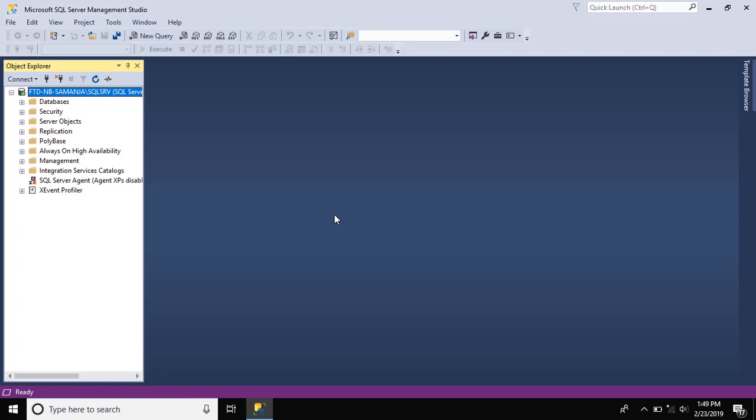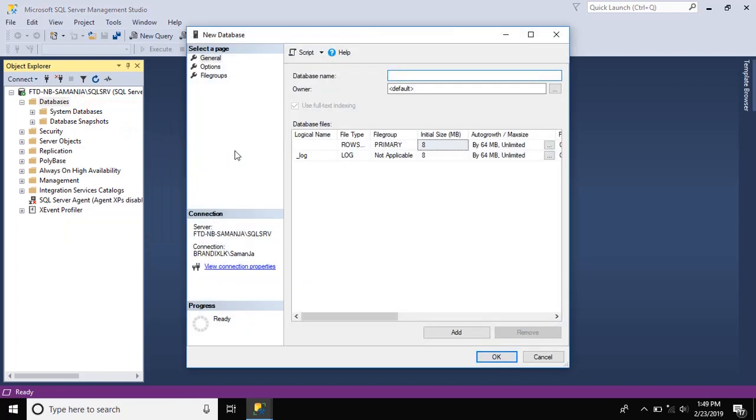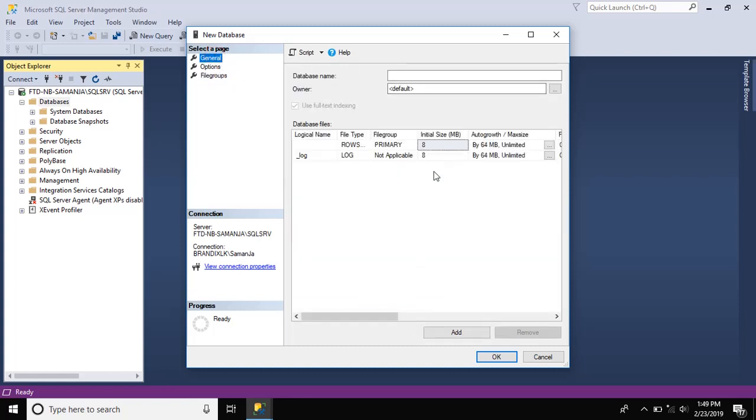On the left side you can see Object Explorer. If you want to create a database, we have to open this Databases folder. In that we right-click, and there's an option called New Database, and it will prompt this interface. It is separated into sections: General, Options, and Filegroups. In General, we specify general data like the database name. In this case, I put AEA School,